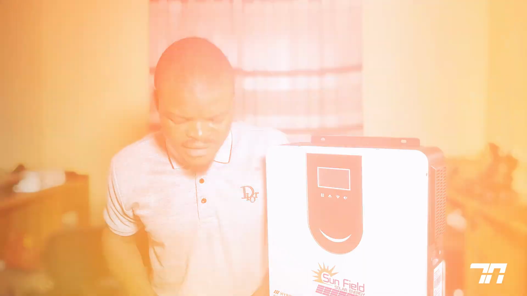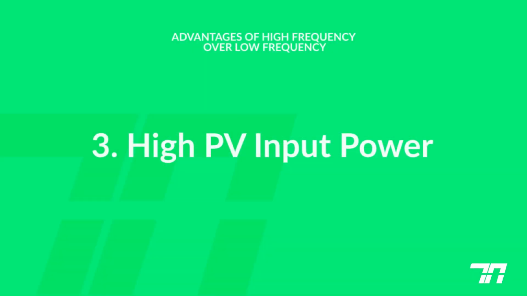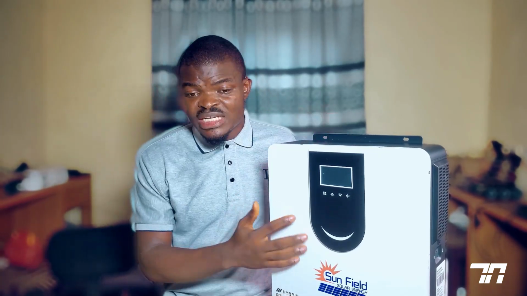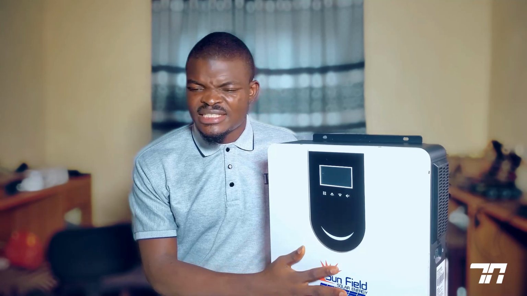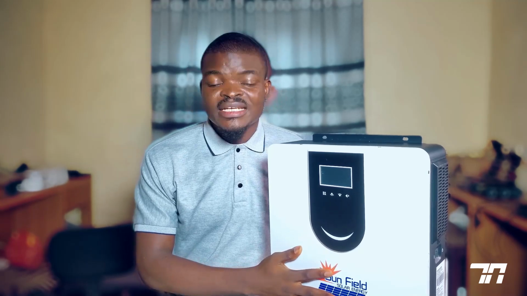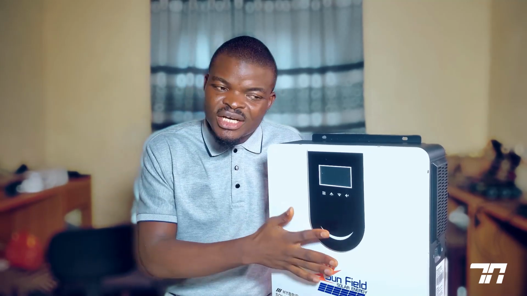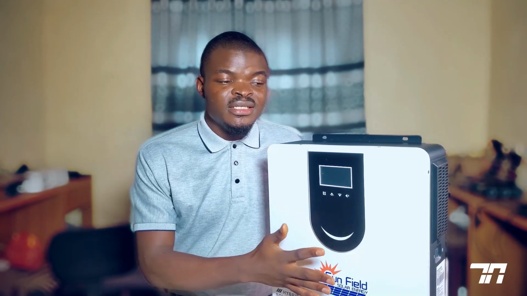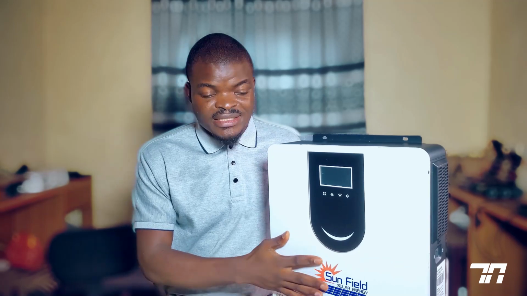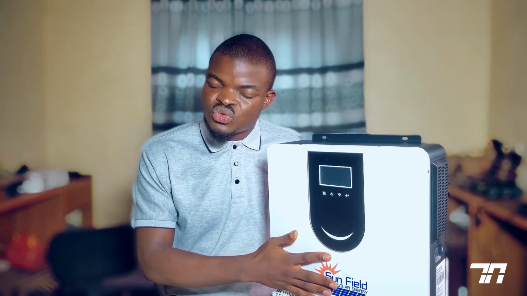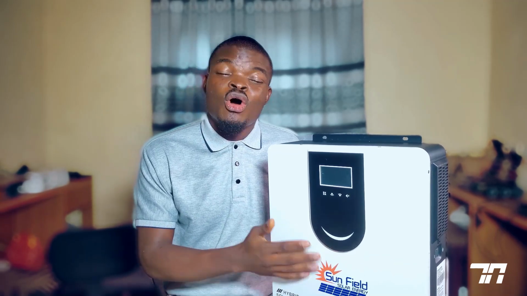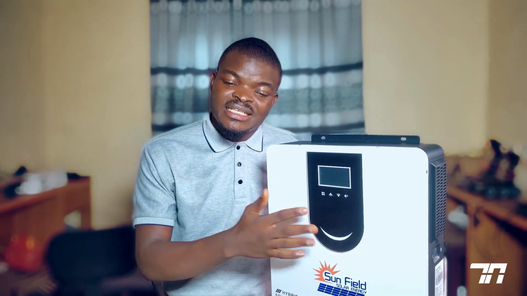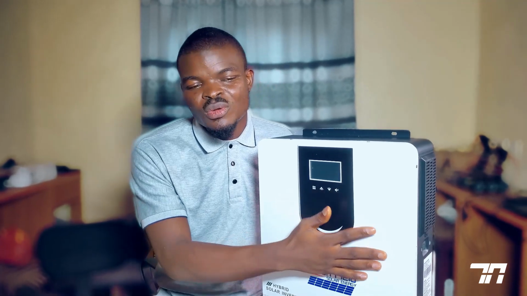So the number 3 advantage is that it has high PV input. And what I mean by high PV input is that the inbuilt charge controller inside these high frequency inverters is as high as the capacity of the inverter. So let's say this one now is 4.2 kilowatts. The inbuilt charge controller inside this can take up to 4.2 kilowatt solar panel, or even more than. I think this inverter is 4.2 kilowatts and it can take as high as 6.2 kilowatts of